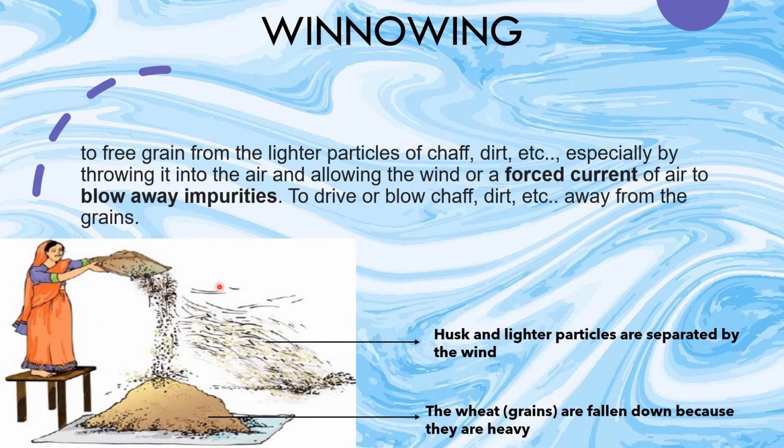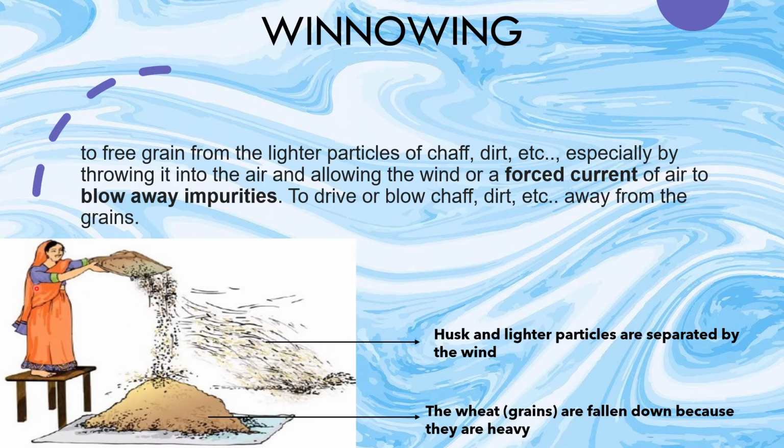The wheat is heavier than the husk, so it is falling down. These are the grains. All the wheat has fallen down, but still there are some impurities. The wheat falls down, but the husk is lighter and is carried by the wind. The rule is that we should stand in the direction of the wind. So if the wind is going from this direction to this direction, the husks are moving away